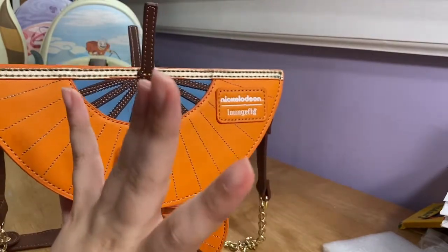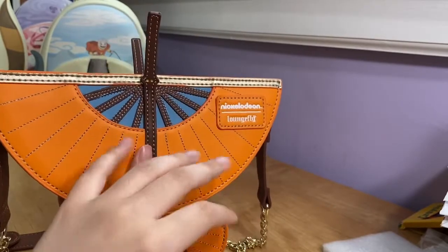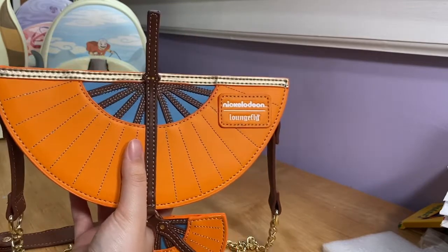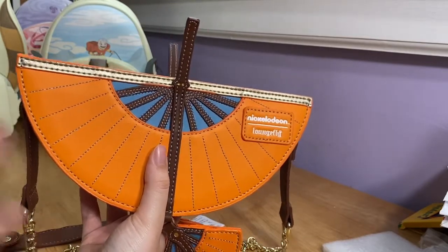And I can fit my phone and my keys. I can't fit my card wallet in here whatsoever if I have my keys. But I also have 7 million keychains on my keys, so maybe I should just fit my card wallet in there and hold my keys in my pocket. Overall,